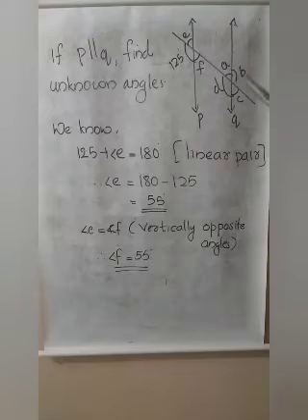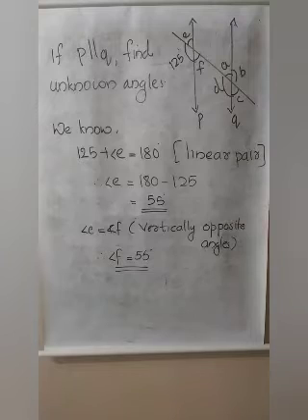Now remaining A, B, C, D. That value we can find either by using the property of corresponding angles, alternate interior angles or the interior angles on the same side of the transversal. We are using this concept because if in the question it is already given the lines P and Q are parallel, then we can say each pair of corresponding angles are equal, alternate interior angles are equal, interior angles on the same side of the transversal are supplementary. So any of these concepts you can use and find the angles of A, B, C, D.